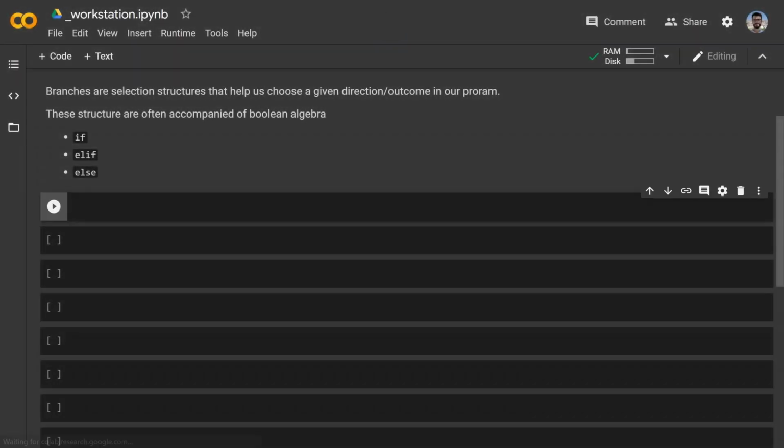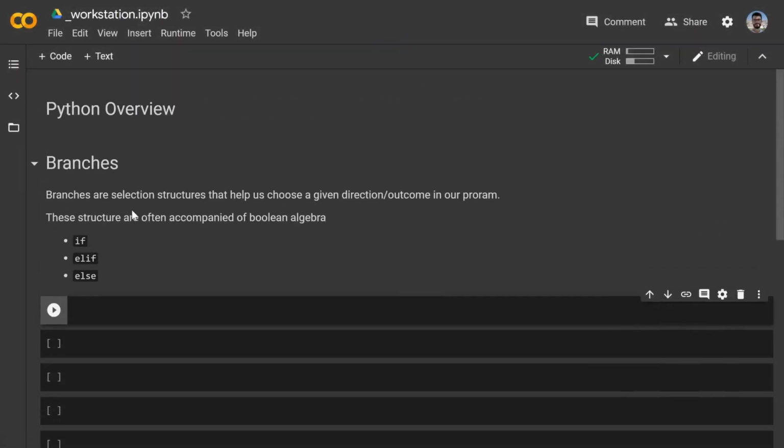So let's talk a little bit about branches. And what are branches? Think of them as a selection instruction that helps us give direction to our code. Basically, we are controlling the flow of information and instructions in our code, and this is controlled by the if and else structure. So if we have something like, hey, if